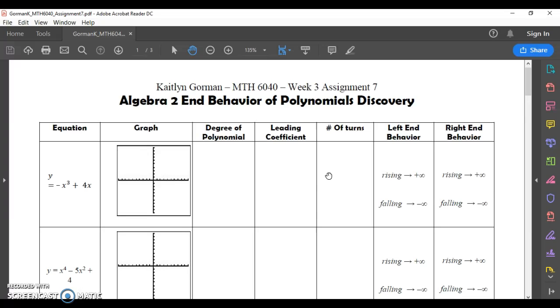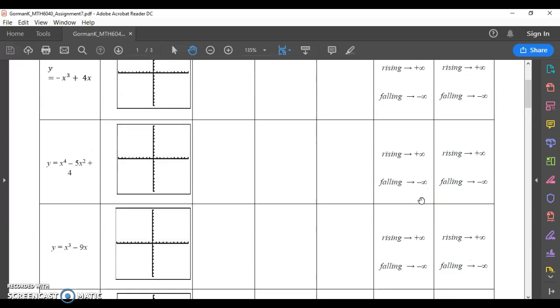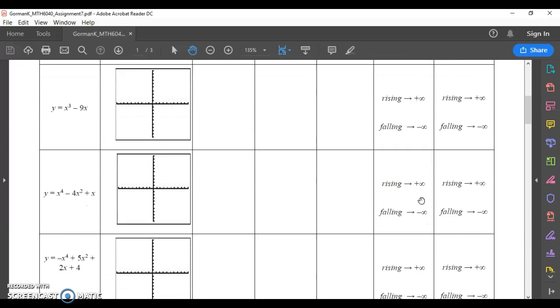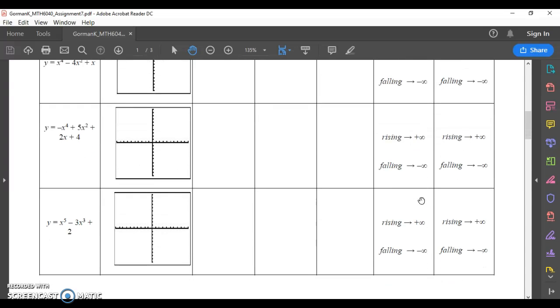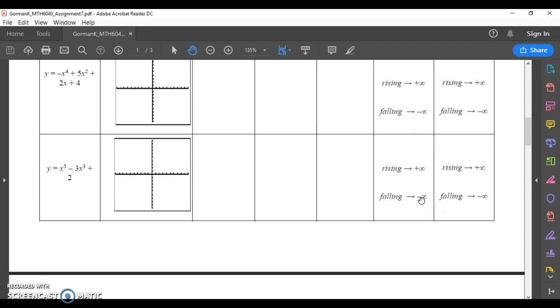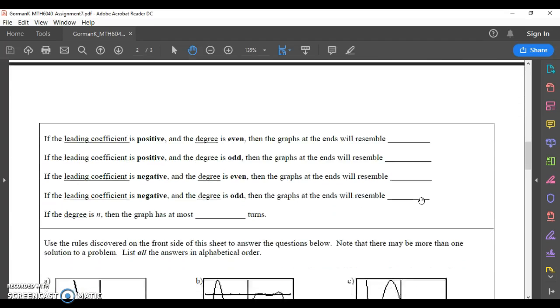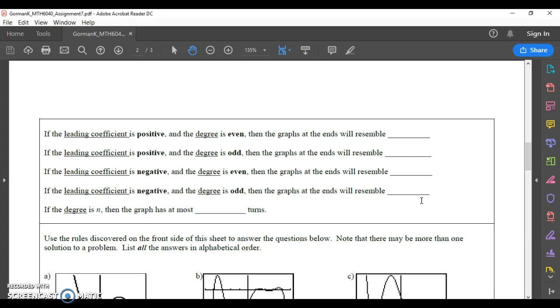And then that helps us determine the left end behavior and the right end behavior, if it's rising, going up, or falling, going down, and then this kind of leads them to positive infinity and negative infinity for each one. So they'll go through a few different functions with different leading coefficients and different degrees, whether it's odd or even,